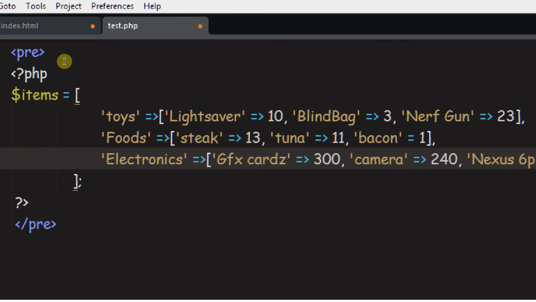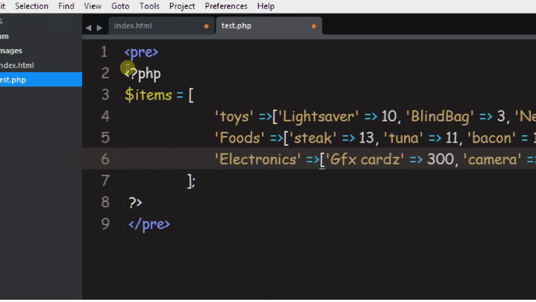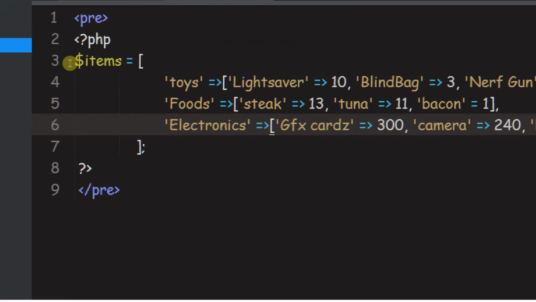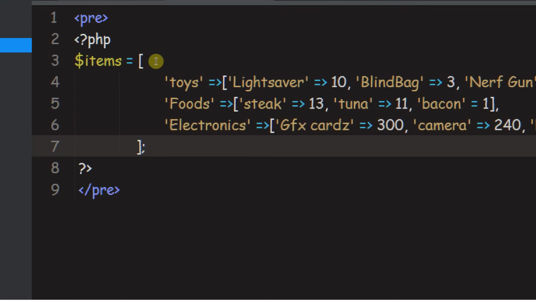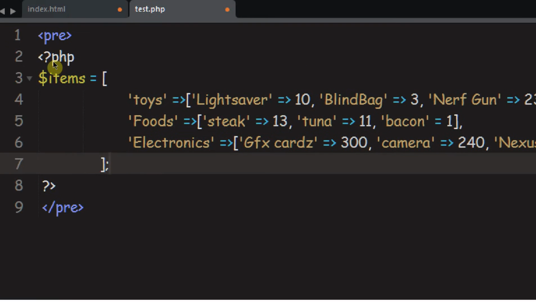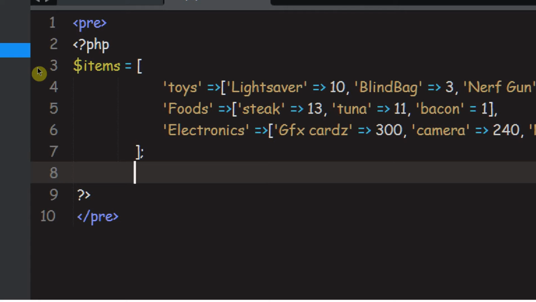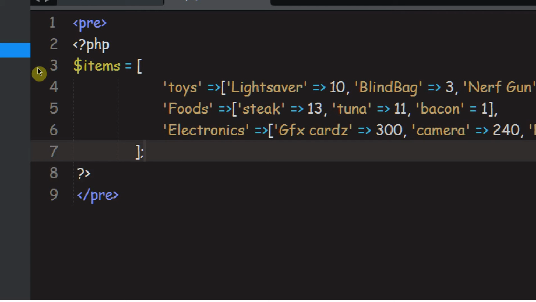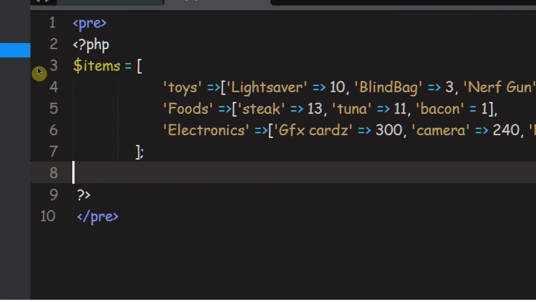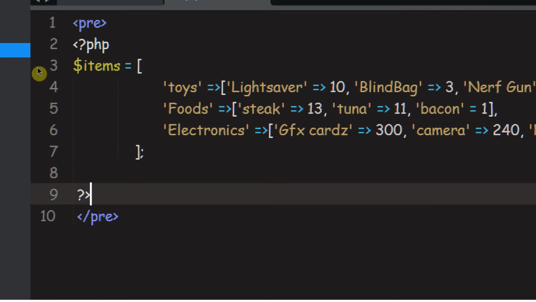Now we've just created this, and we don't need a semicolon. We've created this big long array of arrays. We've literally created an array inside an array. Well, three arrays. Now this is so complicated that we need to print it out just to see what it looks like. To do that, we can just run our